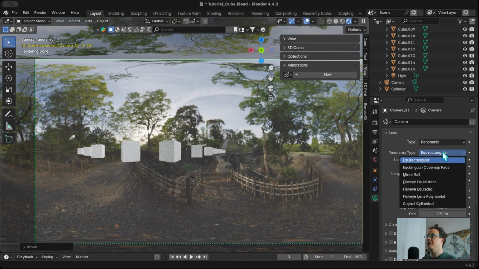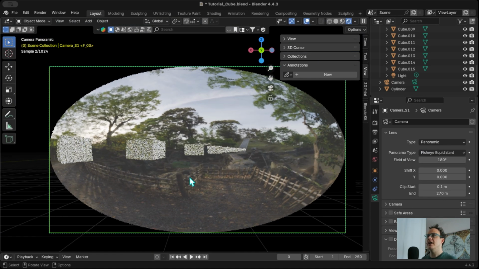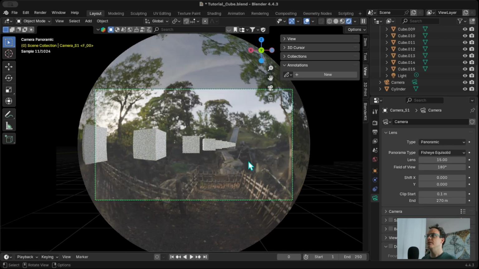And this is a very common option for these cameras. So it creates a circular image with extreme wide angle distortion, and it's used for artistic effect or capturing a very wide view in photography. So let's see what this looks like inside of the viewport. This particular fisheye is more of an oval, so you're going to get a more oval distortion. This Equisolid fisheye is going to give you more of a circular distortion as opposed to so much of an